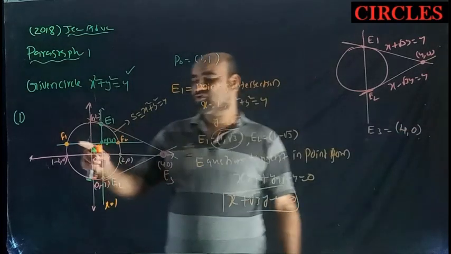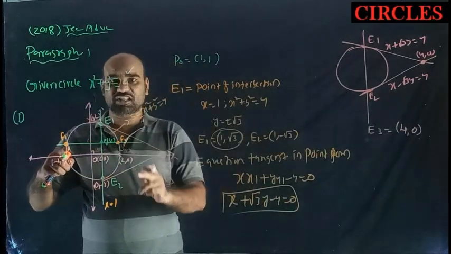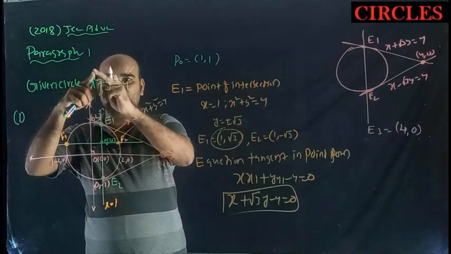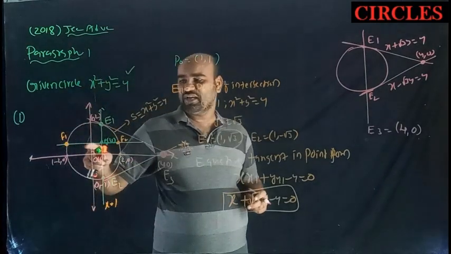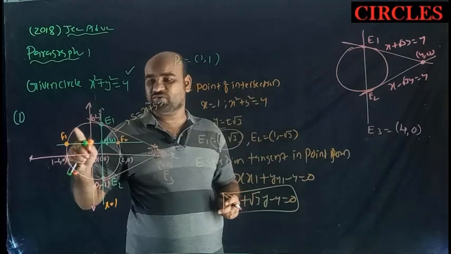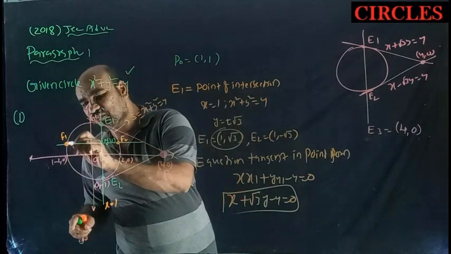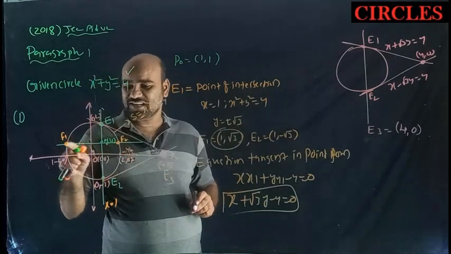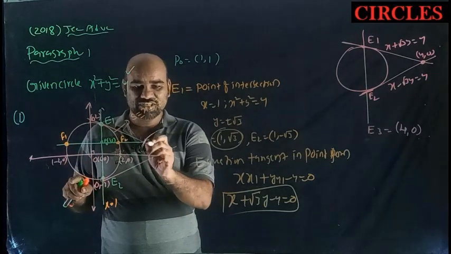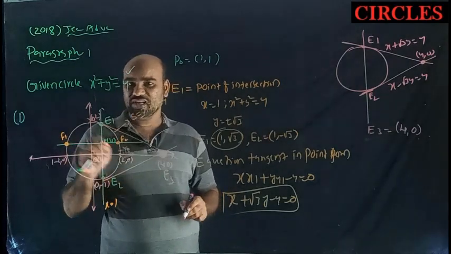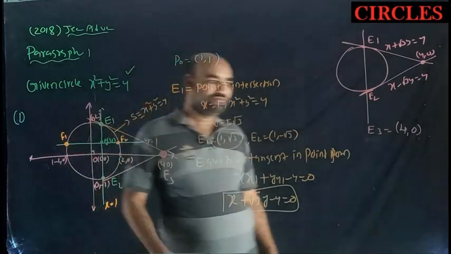Next, you want the F3 coordinates. F3 means we need to draw the tangents at F1 and F2 and find their meeting point. Again you want to find the equation of the tangent at F1. First of all, you want to find the point of intersection of the circle and that line. This line, name it, is y equal to 1. Solve the y equal to 1 line and the circle.